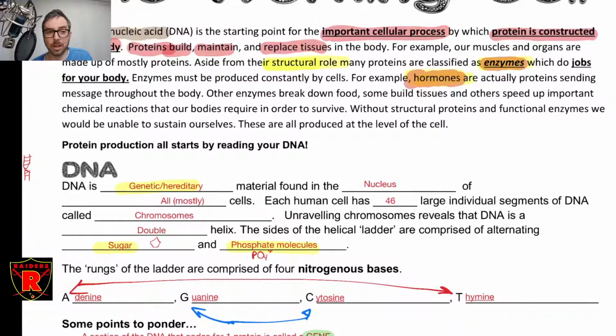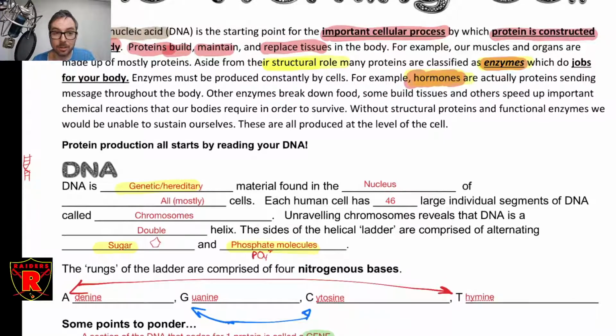For example, when you start to go through puberty, the pituitary gland in your brain starts producing follicle-stimulating hormone, which in turn triggers the production of testosterone and estrogen, which are also hormones. And those hormones are going to interact with receptors on cells all over your body. And those are the things that cause your secondary sexual characteristics to appear. Body hair, etc. Everything associated with puberty.